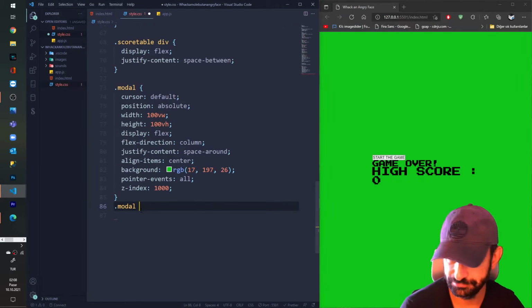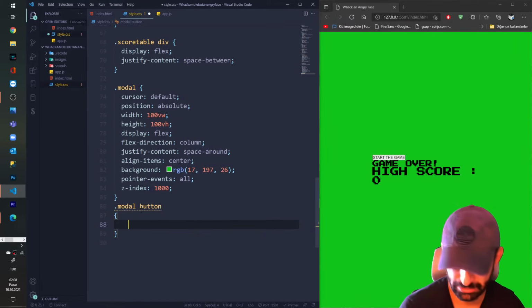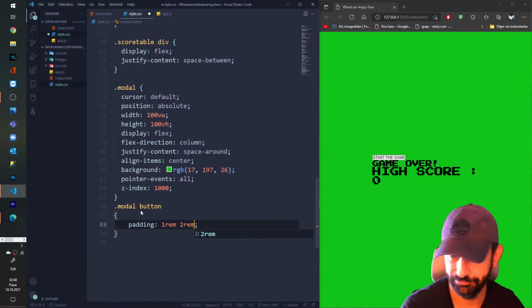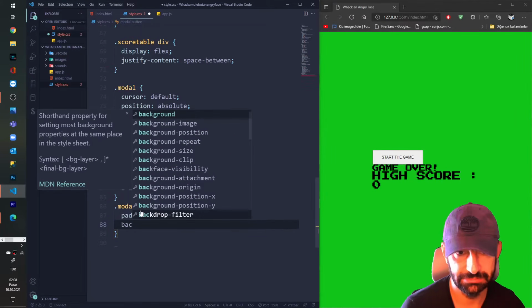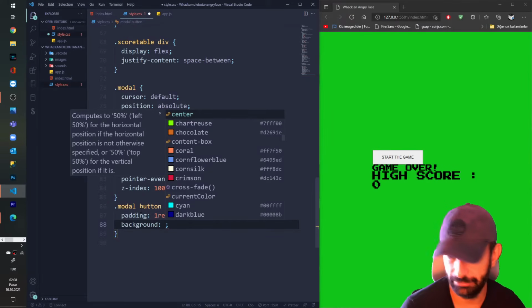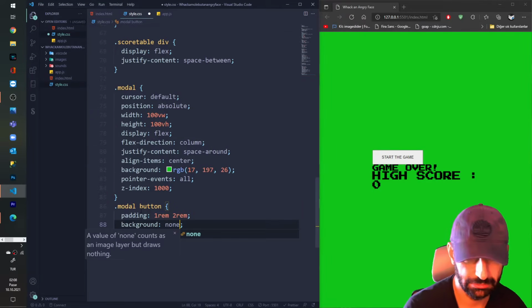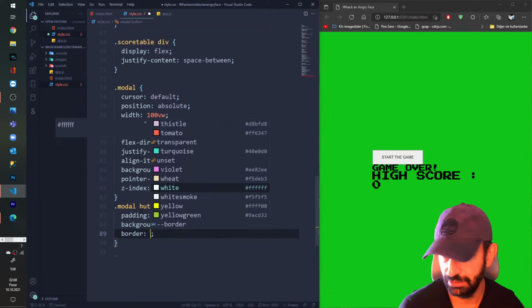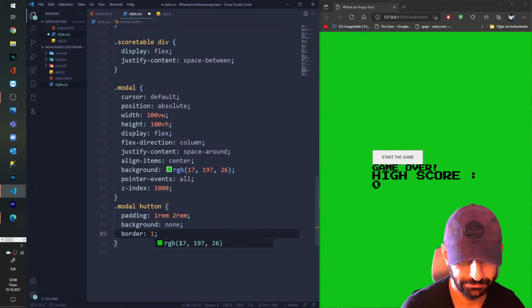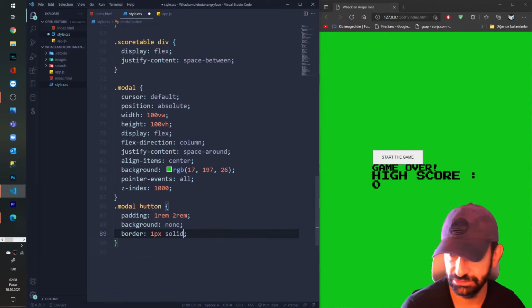So I'm styling the modal button. I give some padding, from top and bottom 1 rem, from left and right 2 rems. Okay, I say background none. I say border 1 pixel solid white.